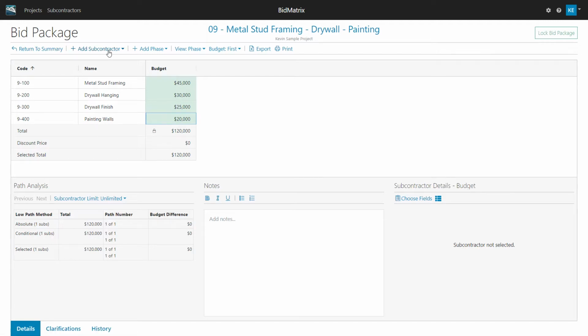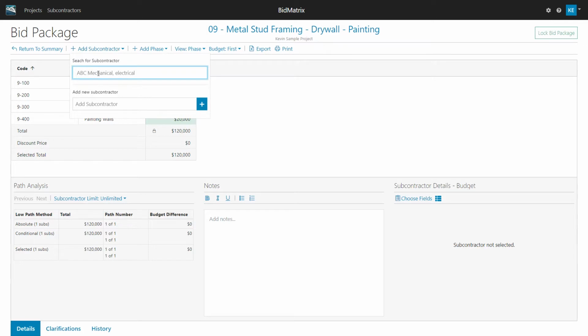This is where I could start to put subcontractors into my grid. If I go in and click on this button, putting something up here would let me search my address book of subcontractors. We haven't talked about that yet. So for this first one, I'm just going to put in a sub down here. In my case, I'm going to start them with the letter Z because I want to keep them at the bottom, because I'm going to go back and clean up these subcontractors out of my database at a later time.